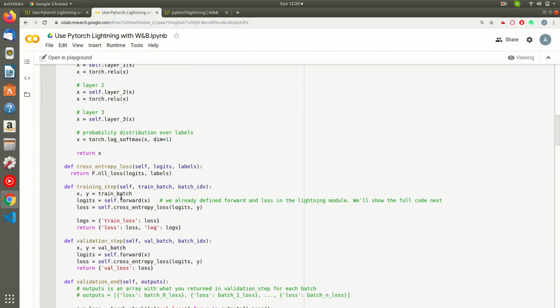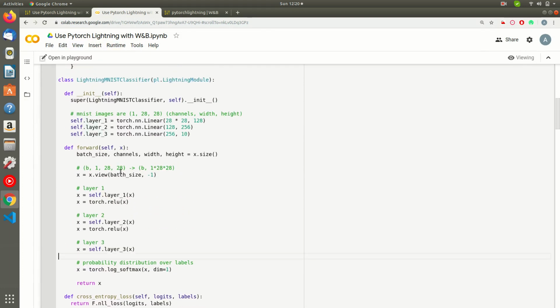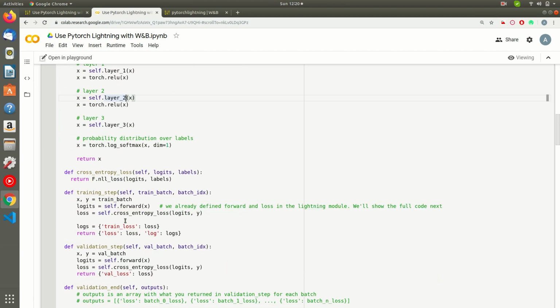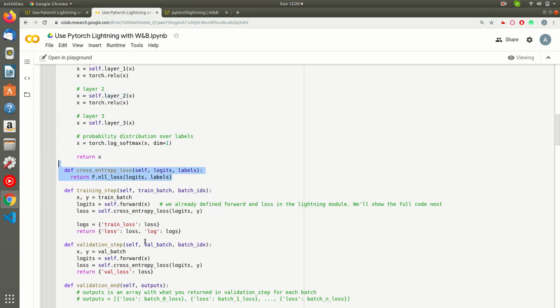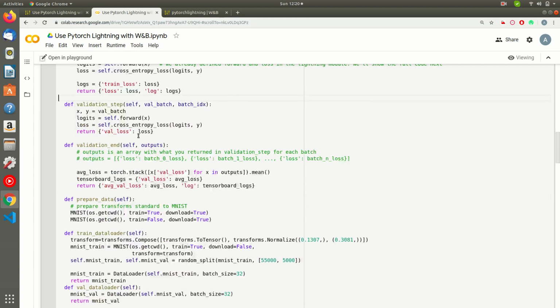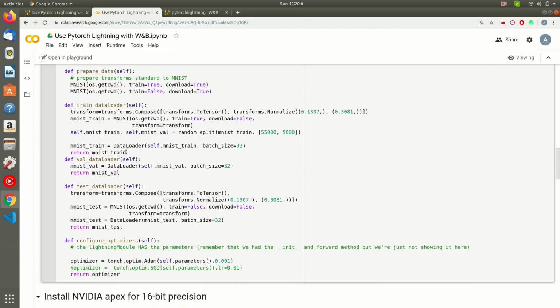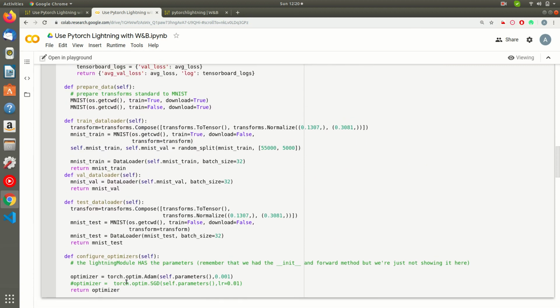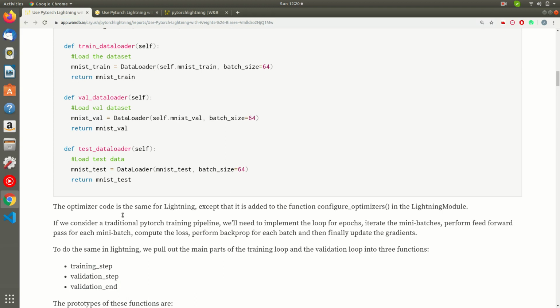First of all, let me just quickly cover what's happening over here. It's basically a simple vanilla PyTorch forward function. It is a loss function, and we'll cover these functions later on. Prepare dataset we have already covered, and here configure optimizer is basically returning our desired optimizer, which is Adam in this case. Okay, now finally the training part.